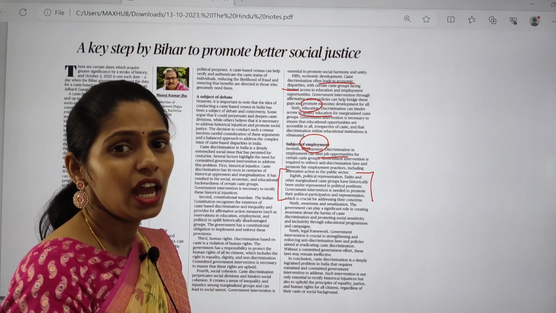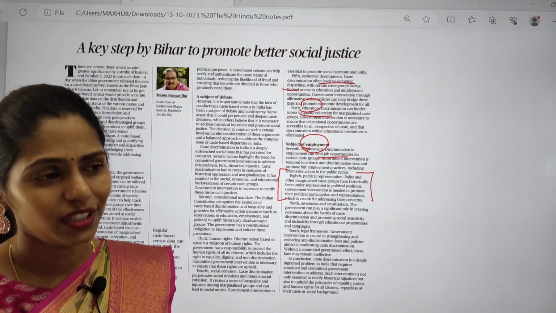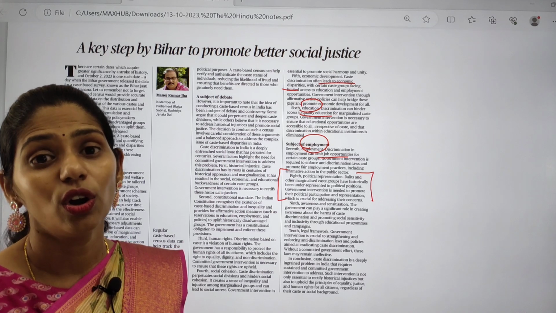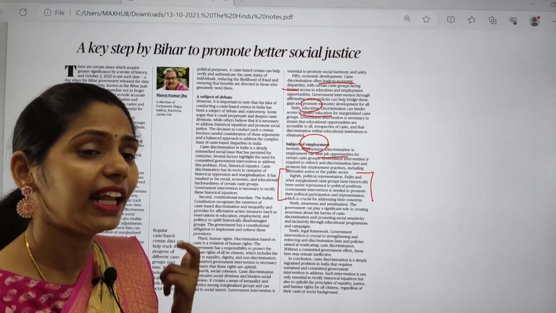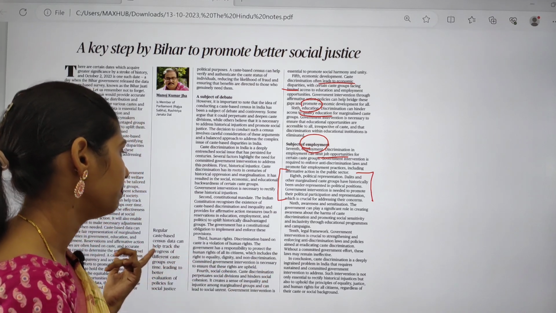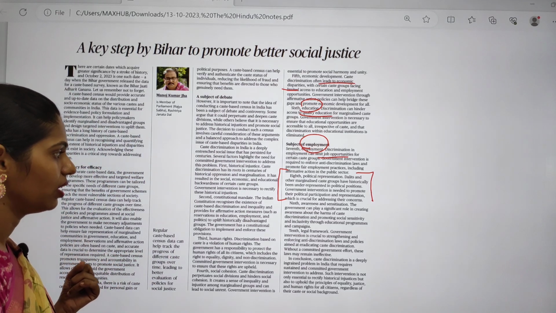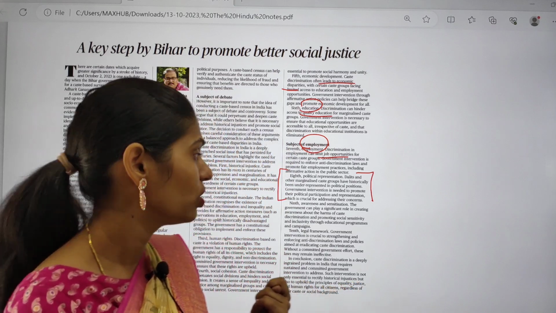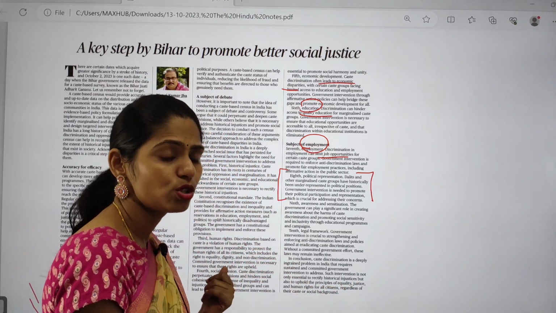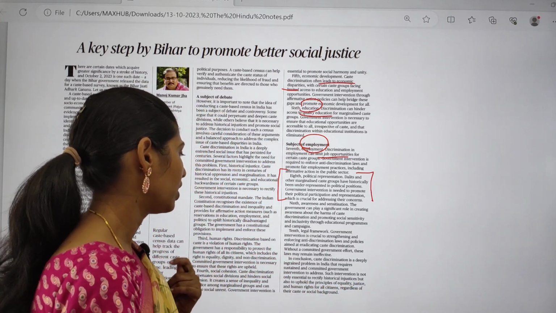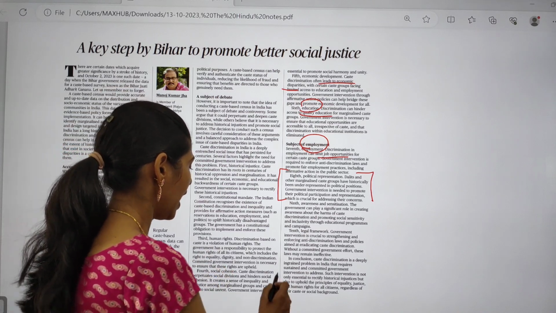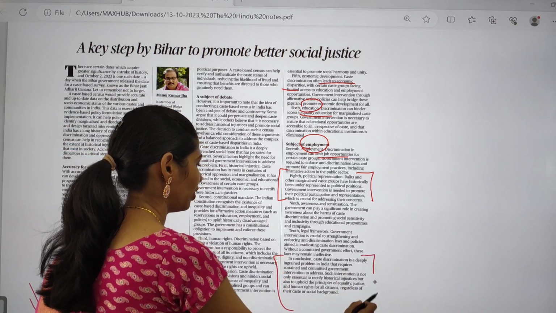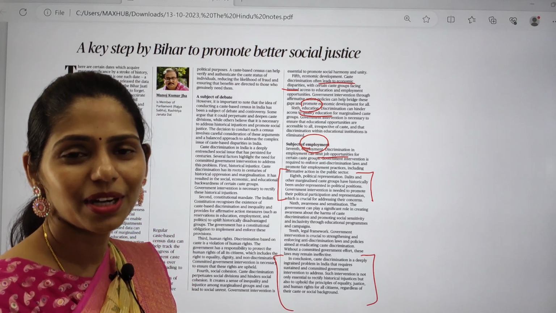so that this will be very helpful. And whenever we are coming up with this caste based survey, that will also be helpful for awareness and sensitization of other people as well. Okay, so because of this we can decrease caste based discrimination in society, and we can promote social harmony. Okay, so this is about this topic, and I liked this conclusion a lot, that is, caste discrimination is